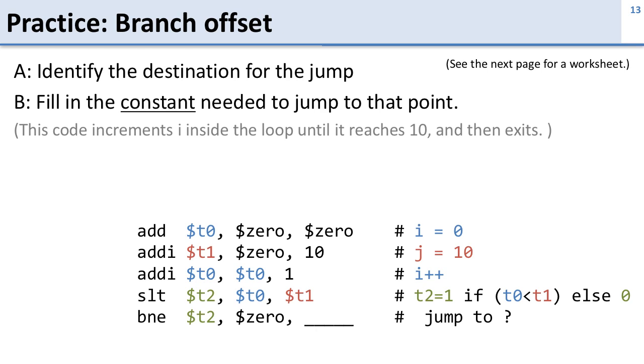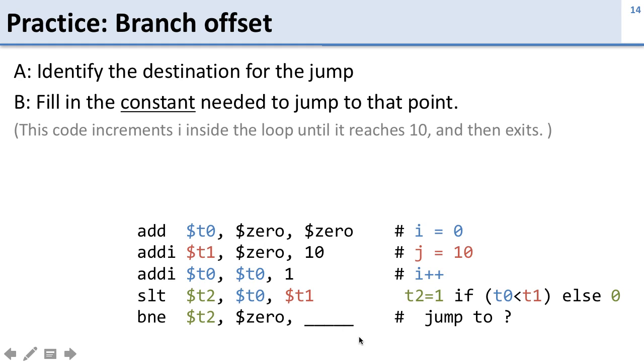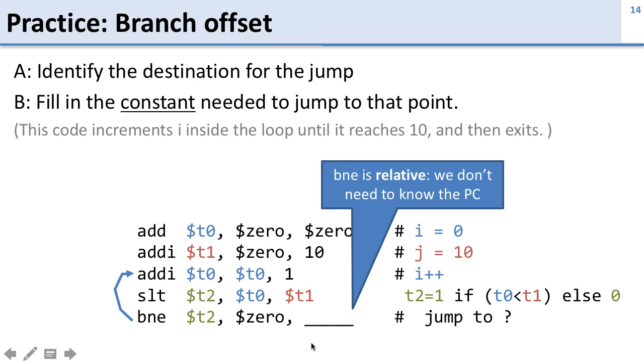Now, let's take a look at practicing the branch offset. So here's some code, and the code is going to increment I inside the loop until it reaches 10. First, go through and identify the destination for the jump here, and then fill in the constant that we need to jump to that point. All right, so this branch here needs to jump back up here to add I,